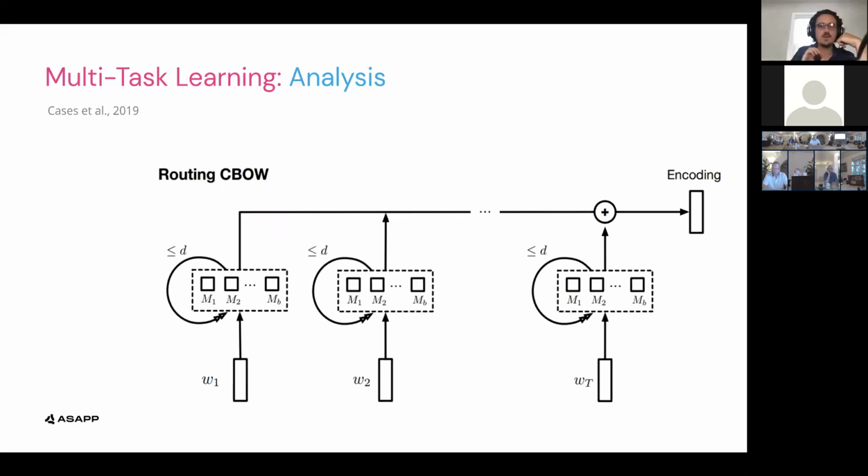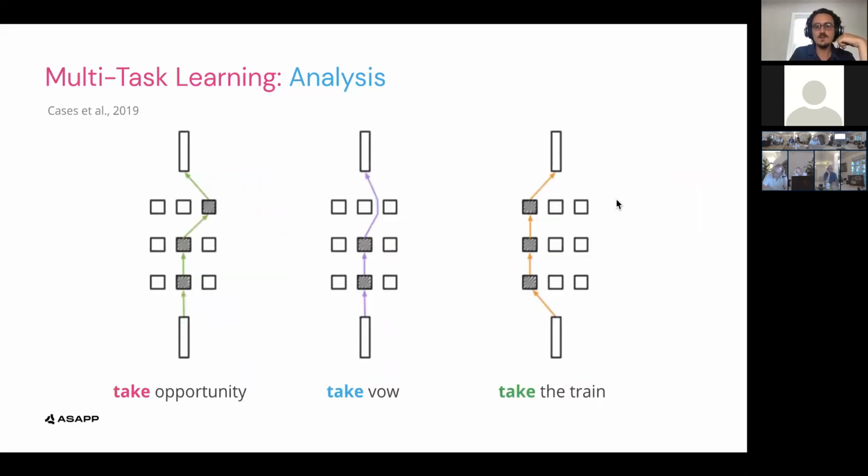So again, we tried to go with a very simple architecture. It's basically just an addition of their representations, however, they're projective representations. We call this the routing SIVO architecture. And what we found is exactly the promise of, and this is why I like this assumption so much, modular and compositional learning: we were able to find particular transformations